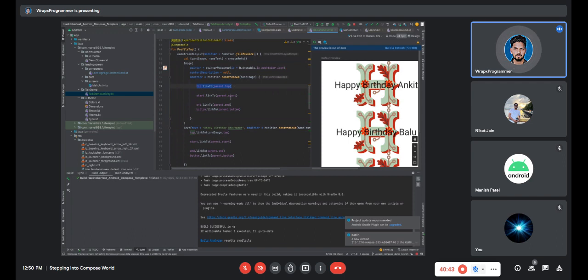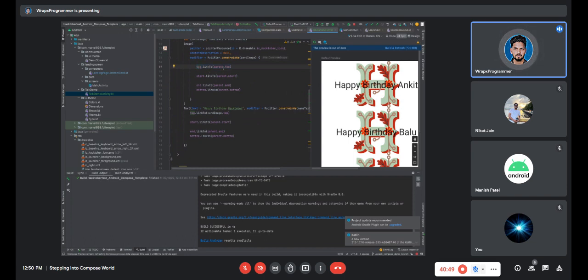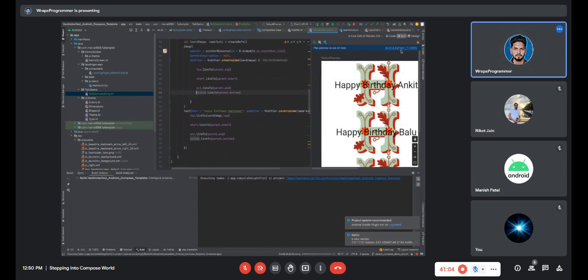Then I provided a constraint: link the top to the top of the parent. Then link the start to the start of the parent, the end to the end of the parent, and the top to the top. I just do that, right? And after that when you see